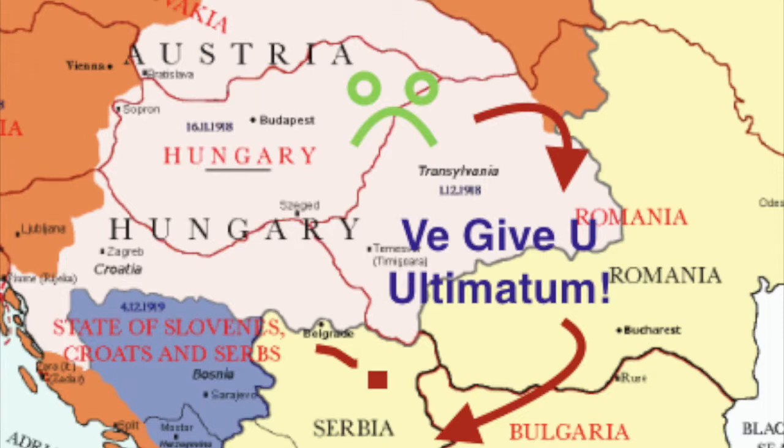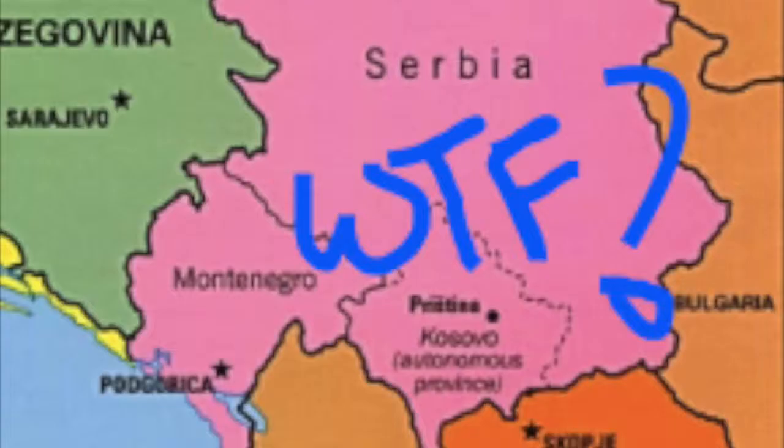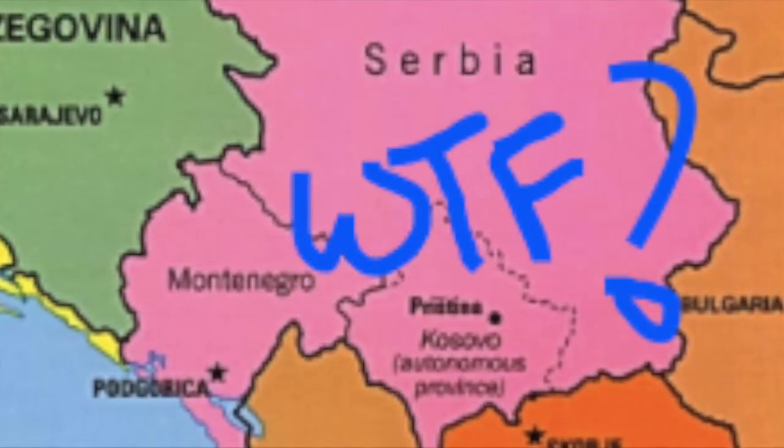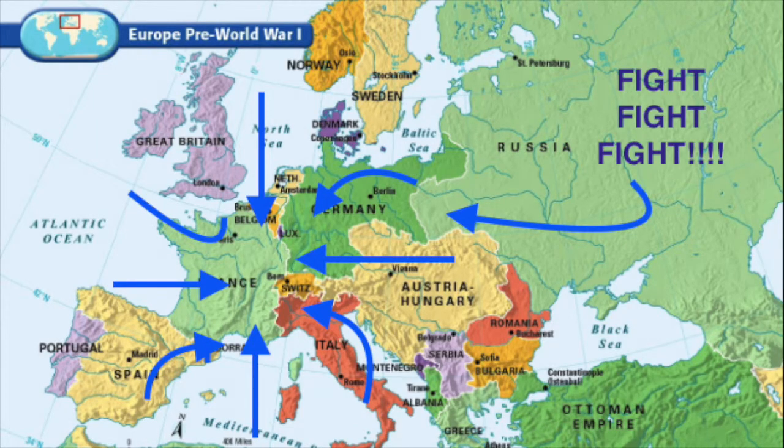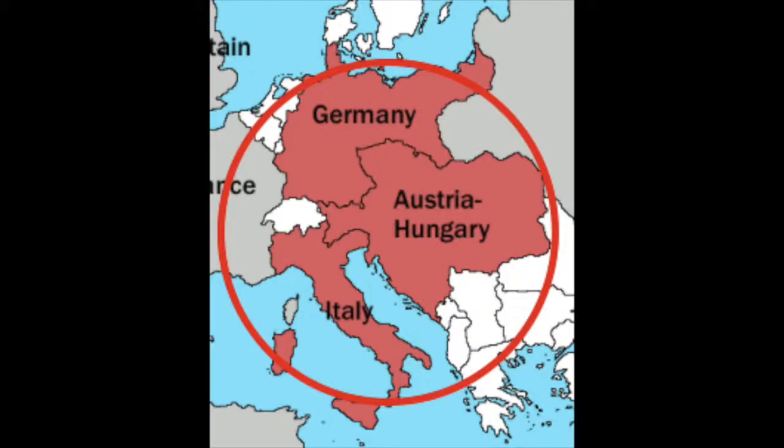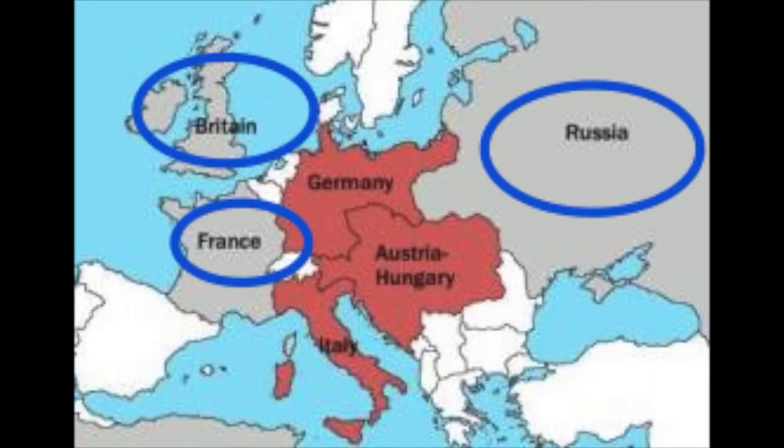Austria-Hungary blamed Serbia for the attack and gave them the Serbian ultimatum. The ultimatum contained harsh terms that would be impossible for Serbia to accept. This stalemate eventually brought all of Europe to war due to the treaties that existed. The Triple Alliance included Austria-Hungary, Germany, and Italy, while the Triple Entente included Russia, France, and Great Britain.